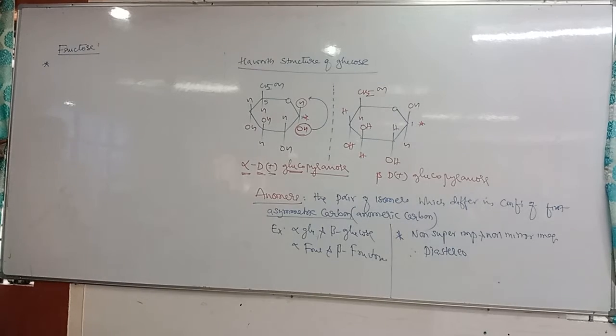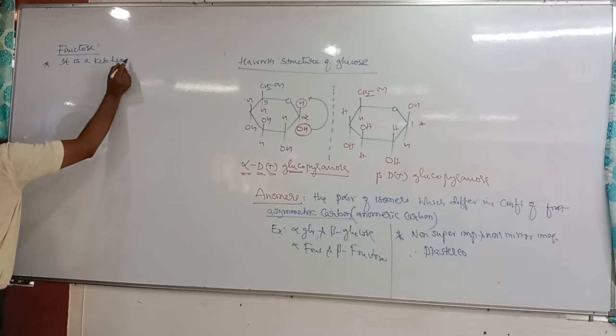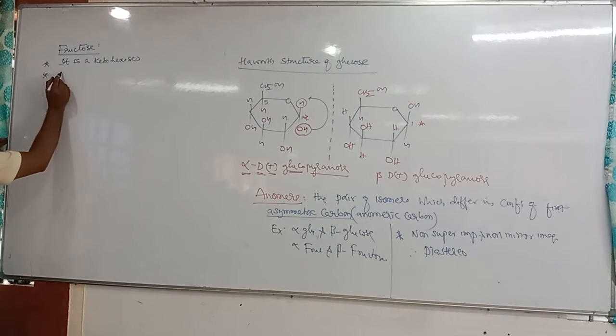One, is fructose a ketohexose or aldohexose? It is a ketohexose, because it contains 6 carbon atoms and a keto group. Next, is it reducing or non-reducing? Usually reducing property is due to the presence of a free aldehyde group. If any molecule has a free aldehyde group, that is reducing, but even though fructose has a keto group, it is a reducing sugar. Why? Because fructose gets converted into glucose, even mannose, in the presence of alkali. So therefore it is also a reducing sugar.